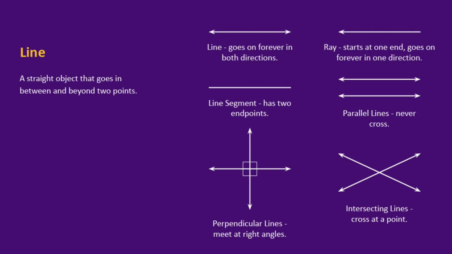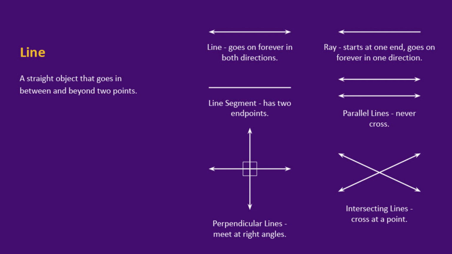There are many different types. A whole line, which goes on forever in both directions. A ray, which starts at one end, and goes on forever in one direction. A line segment, which doesn't go on forever. It is a part of a line with two endpoints. Parallel lines, which never cross. Intersecting lines, which do cross at a point, and perpendicular lines, which form right angles, which are angles that are